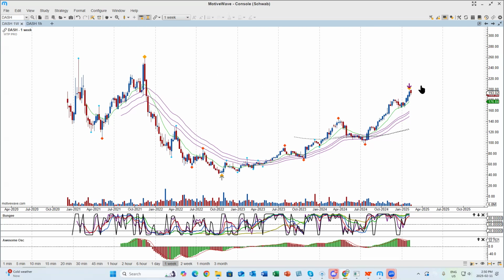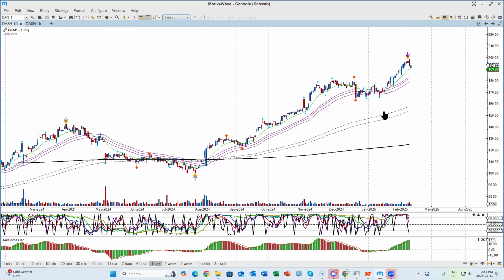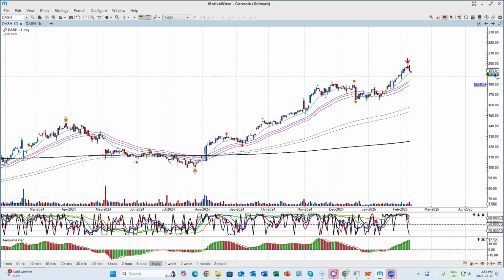Okay, this is Dash. This is the weekly. Do you want to buy it up here? Look at this. I know it's an earnings play. You want to be buying it over here, on pullbacks over here, over here. You don't want to be buying it after we've just moved up so dramatically. I mean, you can, but then it has to be more of an earnings play, more of a swing play that you're prepared to get out of with limited risk. Okay, so this is the daily chart.